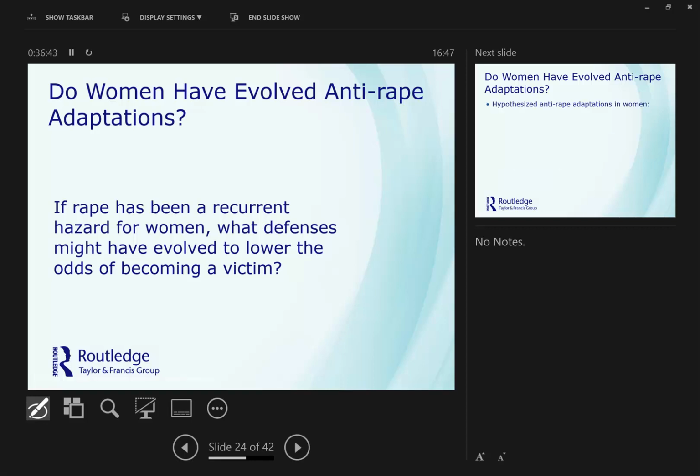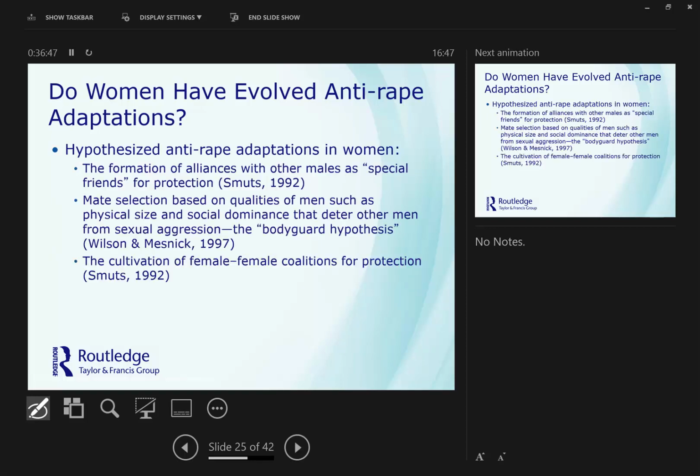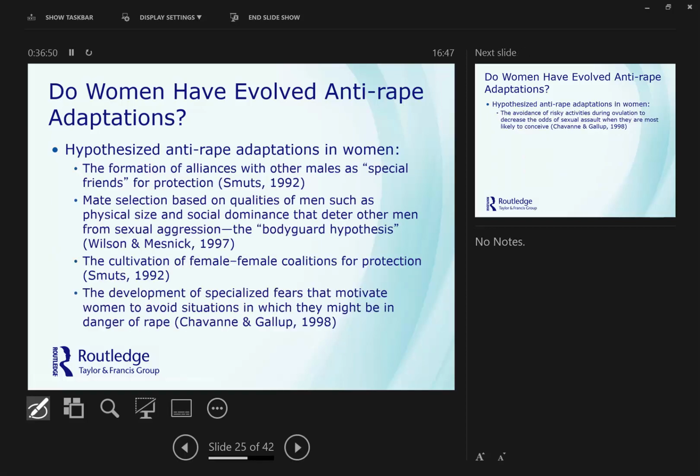Something to think about. What about anti-rape adaptations, right? So again, if over the course of our evolutionary history, women have had to face sexual assault and rape, which I'm going to go out on a limb here and say they have. They face that now. I don't see why it would have been any different millennia ago. It seems reasonable, right? What are the adaptations that they might have to sort of protect against that, right? One of these is what we would call like